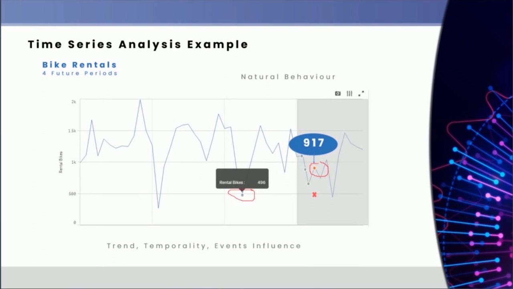Here we can highlight the importance of what we were saying. The reality is influenced by factors such as dates, labor days, weather, and others. If we want to use the past, we cannot make linear projections that do not capture the real behavior of our business. For example, the real value of the period is 496. And the real value of the forecast period is 917. If we had assumed that the historical data alone would tell us everything, it would not project it accurately.